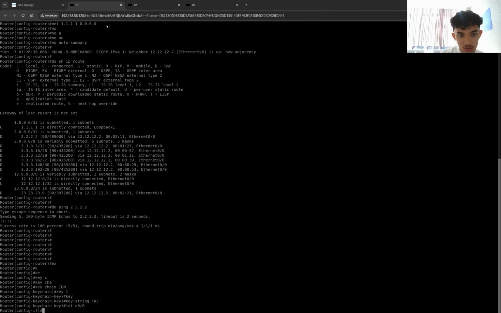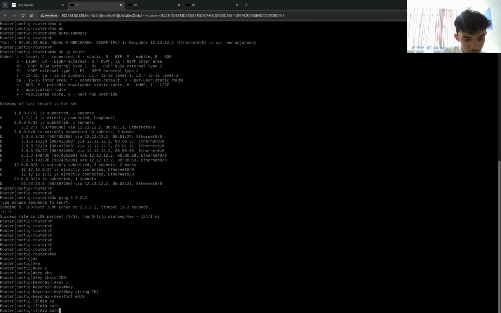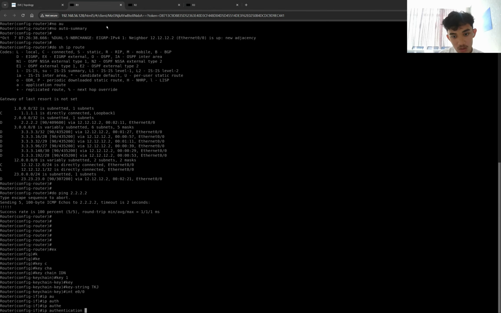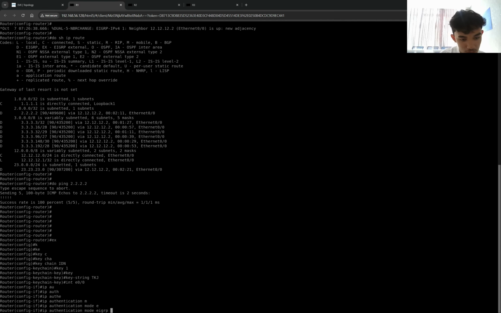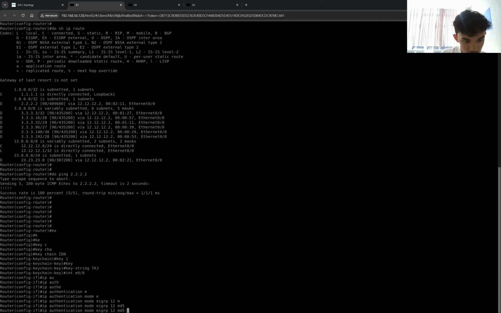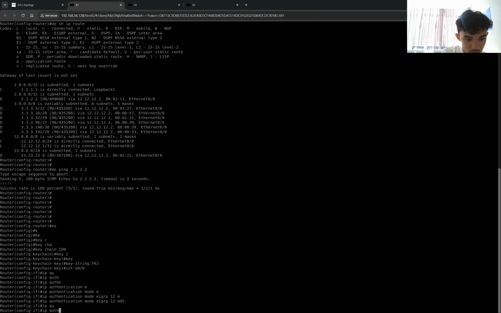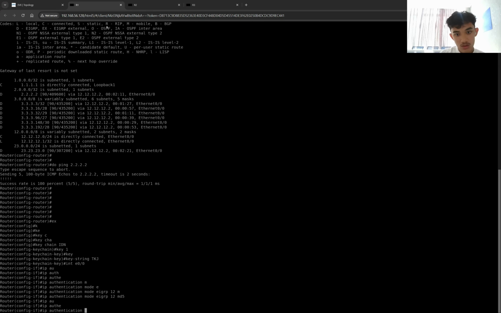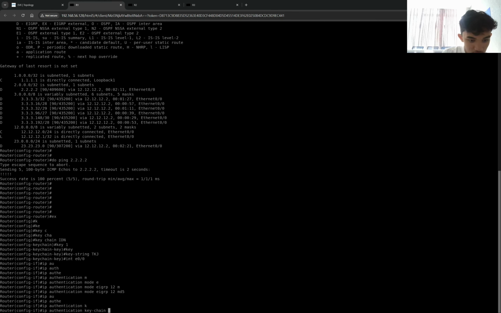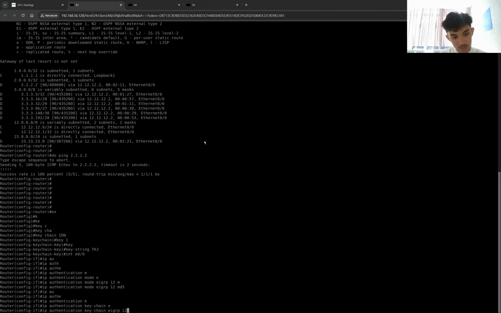Then add ip authentication mode igrp 12 md5, enter, and then ip authentication key-chain igrp 12, and then call the keychain name.